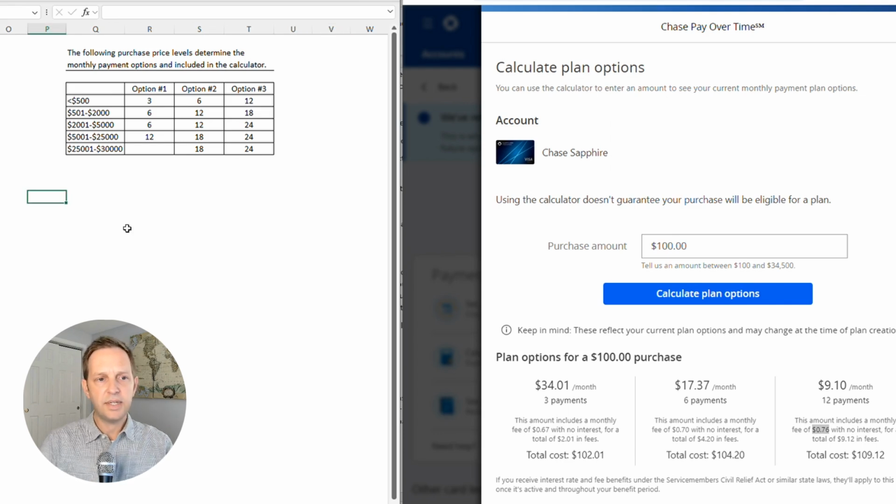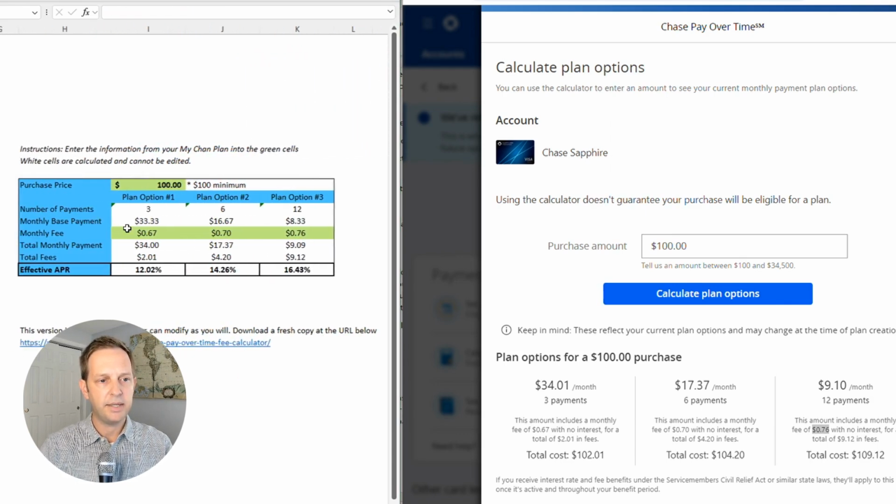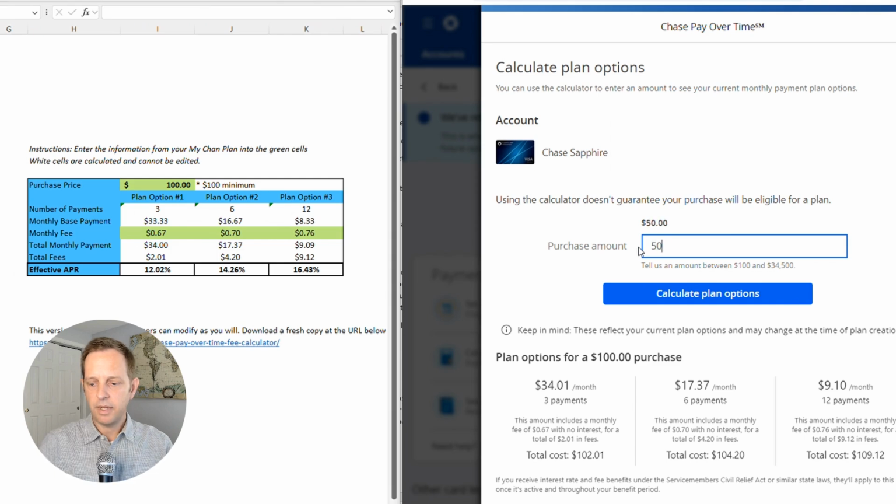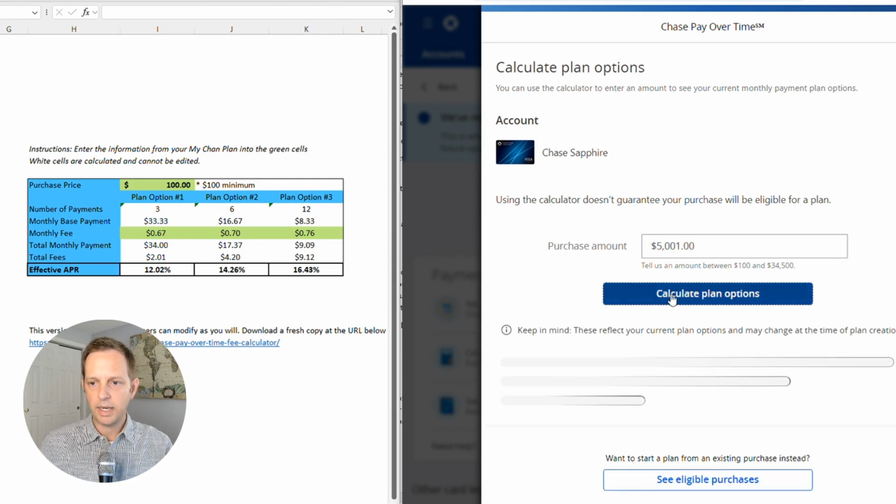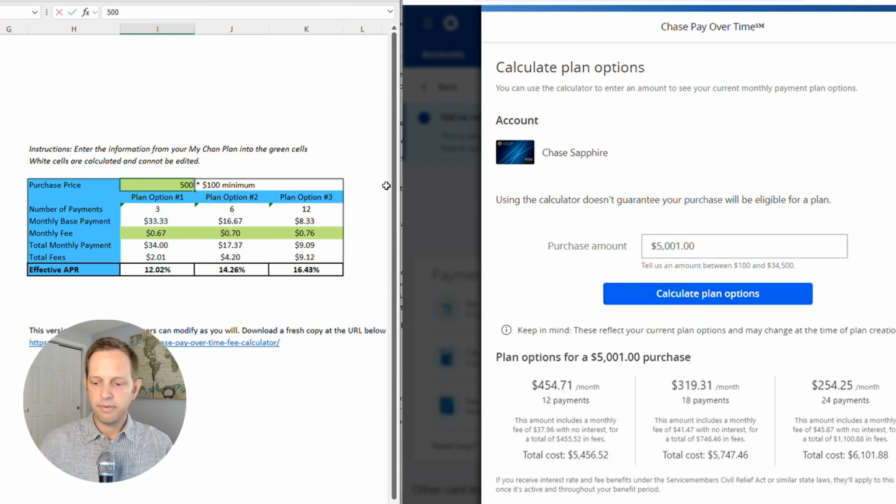So let's try this again, but using this 5001 number, and I'll show you how the calculator updates. All right, so on the right side, we're going to put in 5001, and then we're going to calculate the plan options. We put the 5001 on the left side, and then we're going to update these numbers here. So we have 37.96, 41.47, and